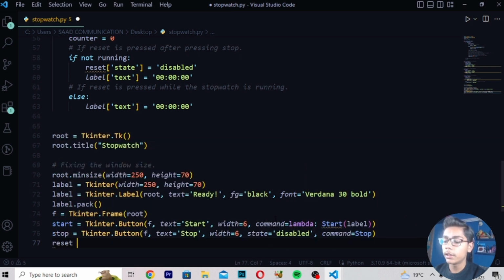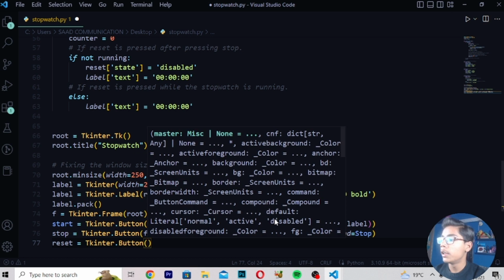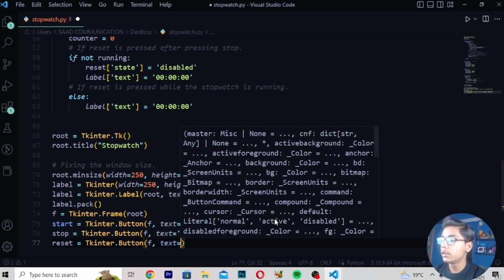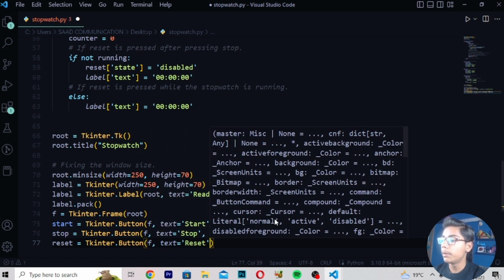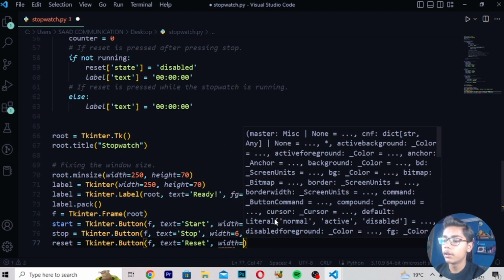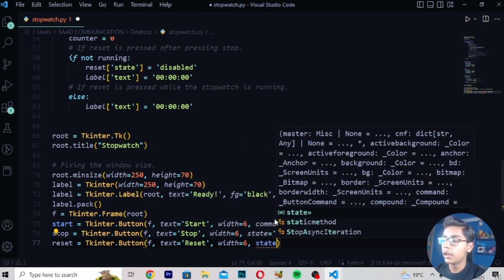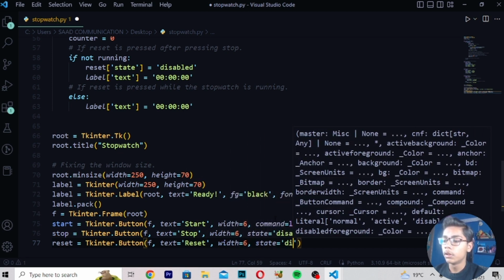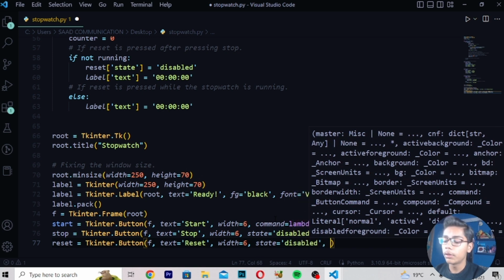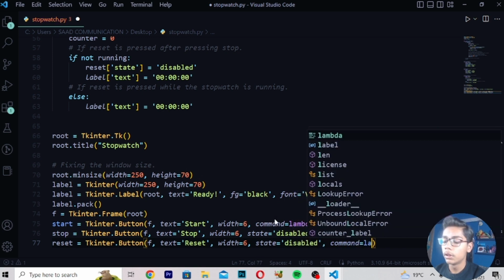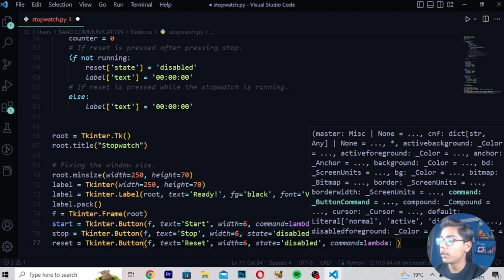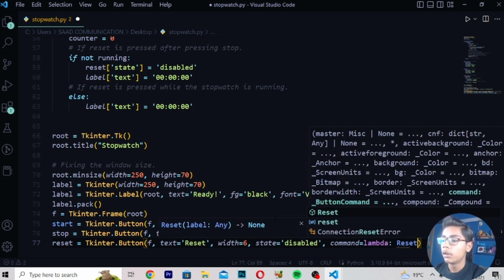Right here reset is equals to tkinter dot button. Then I will be writing f, text is equals to reset. Right here width is equals to 6. Right here state is equals to disabled. Then I will now write command is equals to lambda, and right here reset. So here I will now write reset, and then after writing reset,